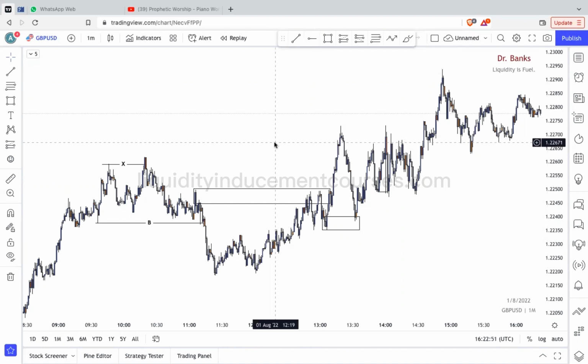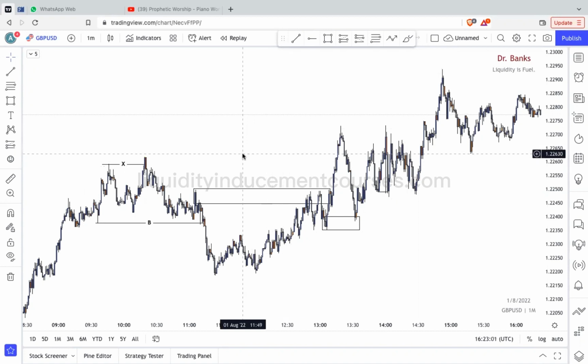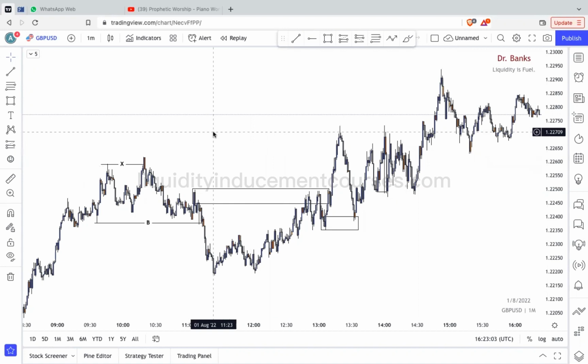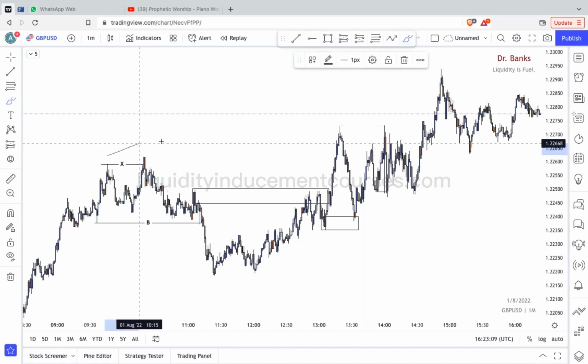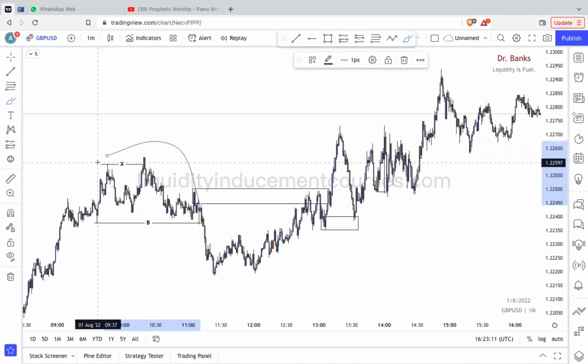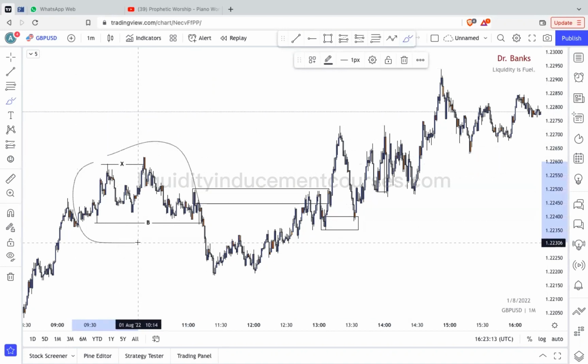Okay, I'll be talking about flip zones as quickly as I can, and I'll be using current price action from London, 1st of August 2022 for this example. So earlier this morning we had this fine area. We had this fine setup happen on GBP USD, and I was 101% willing to